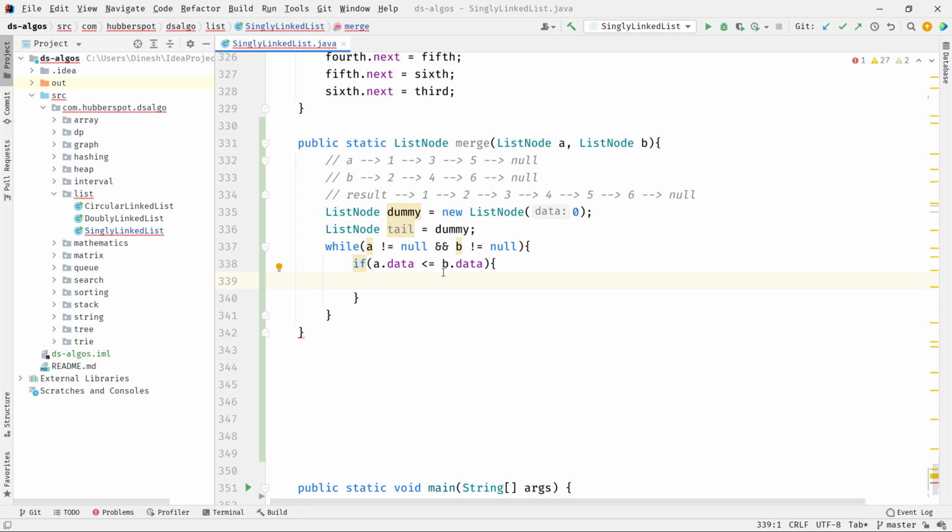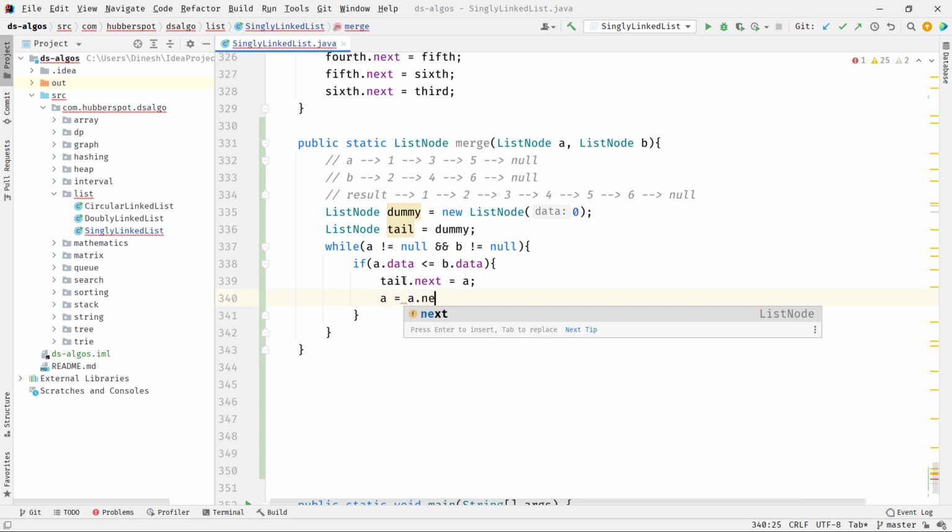If A's data is less than or equal to B's data, it means to tail's next we will assign A, and then we will simply move A to its next node. When we compared 1 with 2, 1 is less than 2, so we added 1 to the resultant list via this assignment, and then we move to 3. So we did A equal to A dot next.